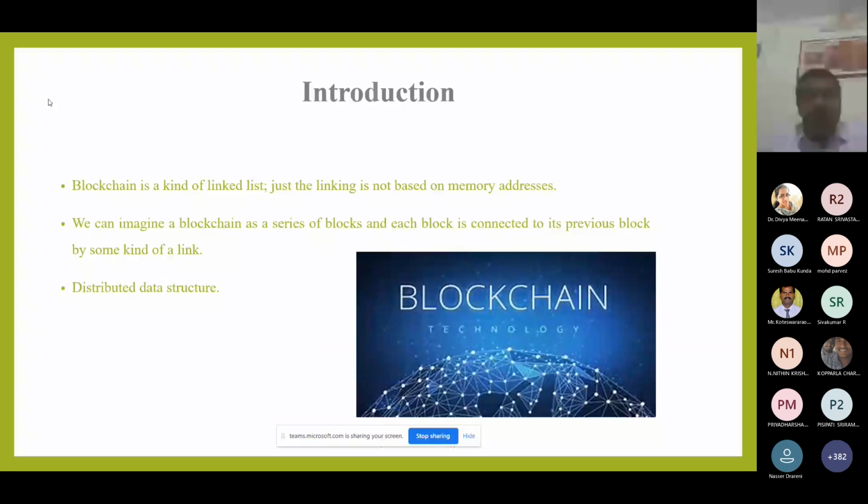And the first and the foremost, what actually is a blockchain? If we are from engineering background, not only computer science, any engineering background, we might have heard something called a linked list. Even if you are very new to this blockchain, you might have heard something called linked list. It is nothing but a data structure, and we have nodes in a linked list, and these nodes are linked to each other. Blockchain also has nodes. They are also linked to each other. Only thing is that in the linked list we have,